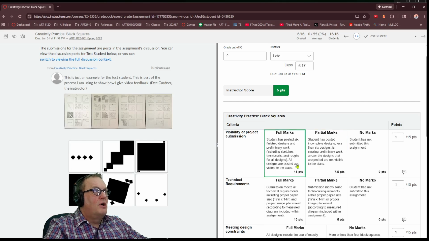So the full marks: the student has posted 6 finished designs, preliminary work, including sketches, thumbnails, and roughs for all designs. All designs are posted and visible to the class. So you could have done this in a link, or you could post this into the class. And so for the test student, I can see they submitted